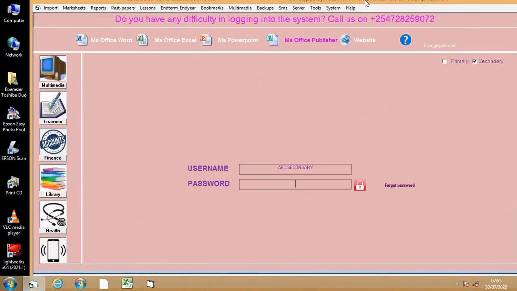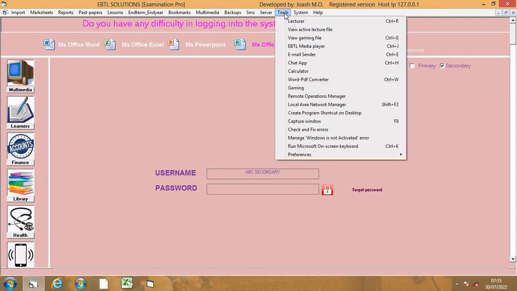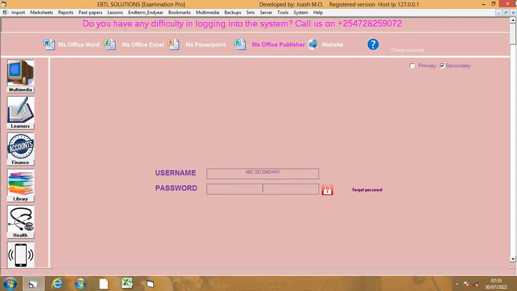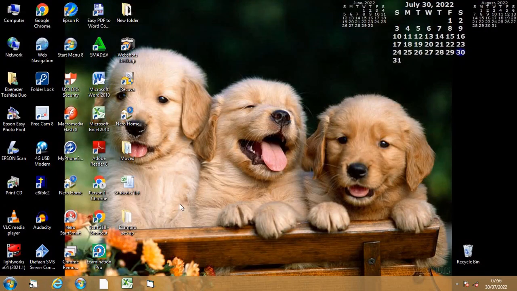And immediately you might need to create a shortcut on the desktop like this. After creating the shortcut, now if we close, we have easy access to the program. So we have the shortcut here on the desktop. Look where the cursor is. Double click, and